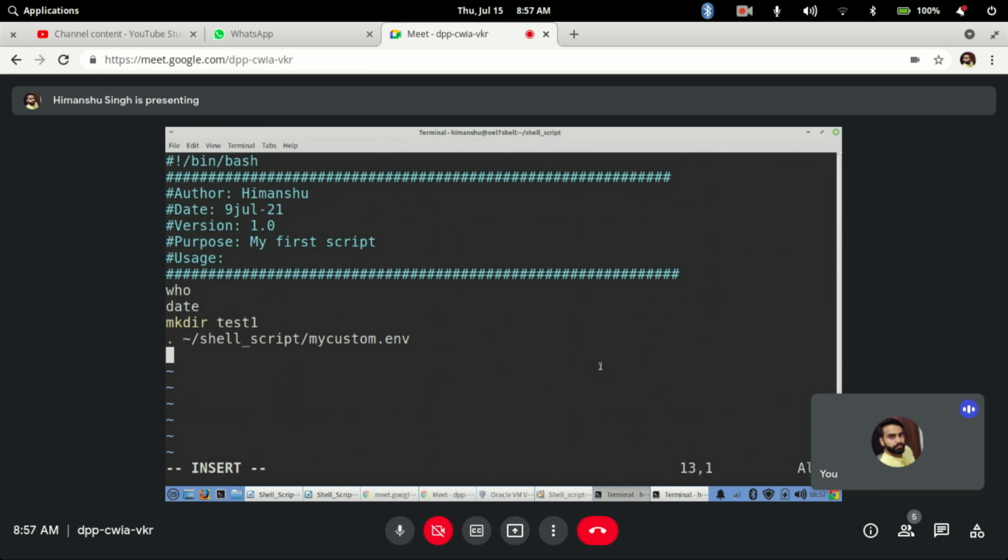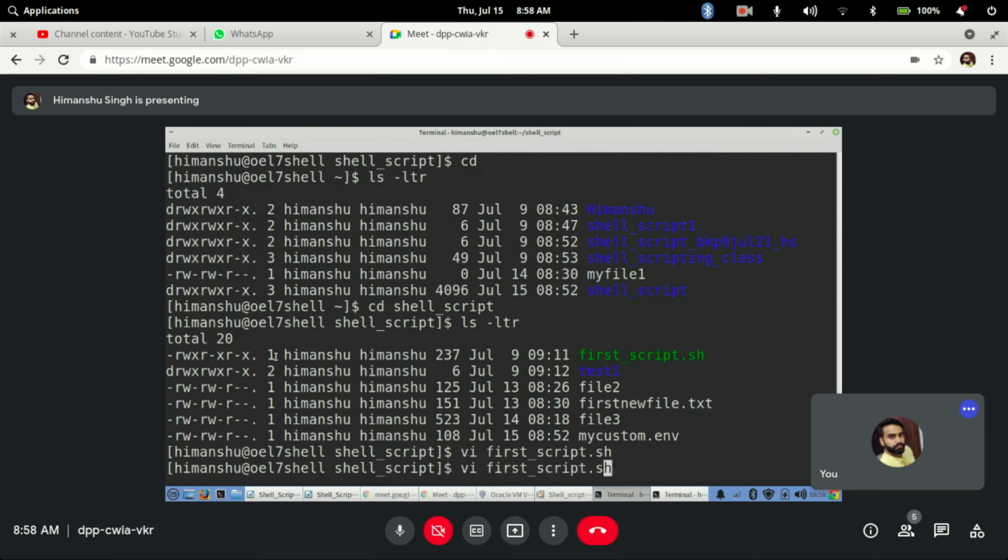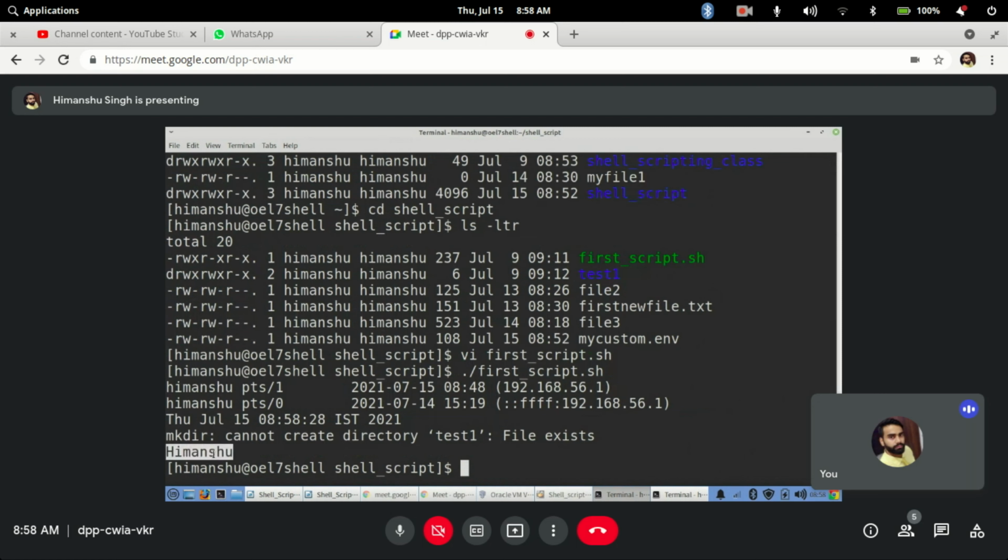I am giving that, but make sure the dot and space are important. And then let's say I want to print echo $trainer, so I will print that. From where will this variable now be found? It will be found because I have sourced my environment here. Now it will be able to find this particular variable value. So if I run it, see, it is now printing it at the last here, right?